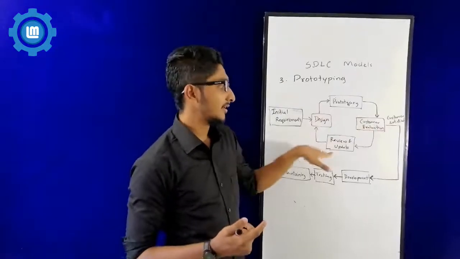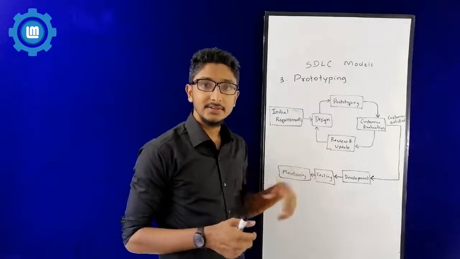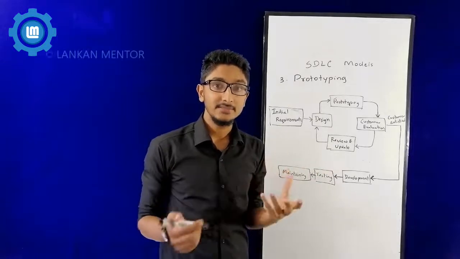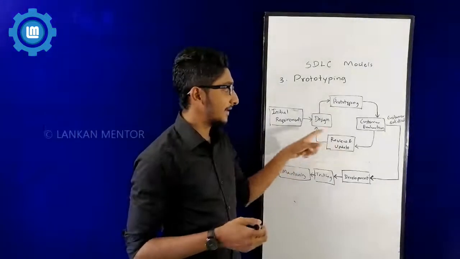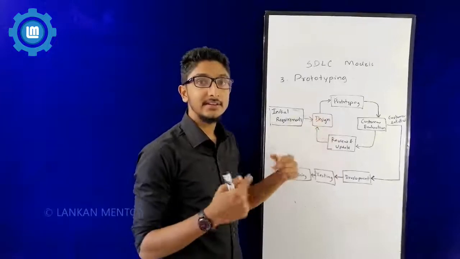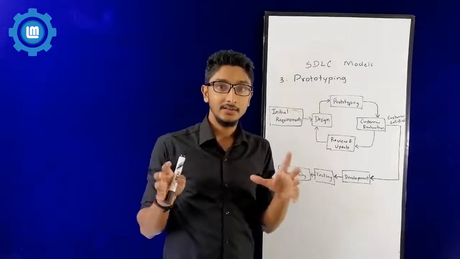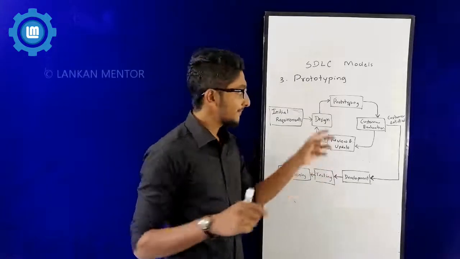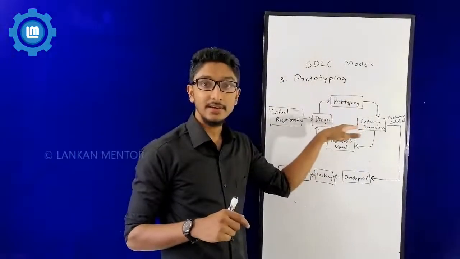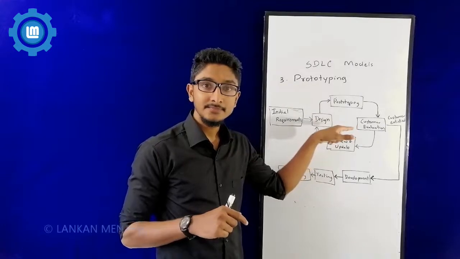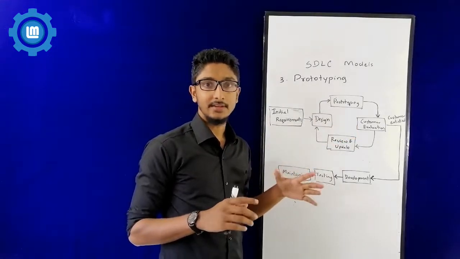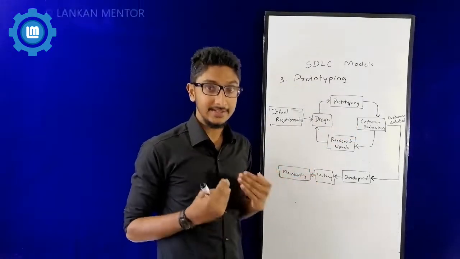You come down and review the customer's feedback, what the customer has said. Then you update it, design it again, and create the dummy again. You create a new model according to the customer's feedback. Then you ask the customer, do you like this model? Then the customer would say okay. So if the customer is satisfied,